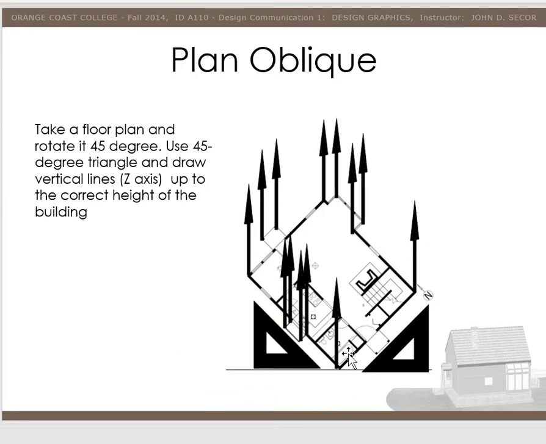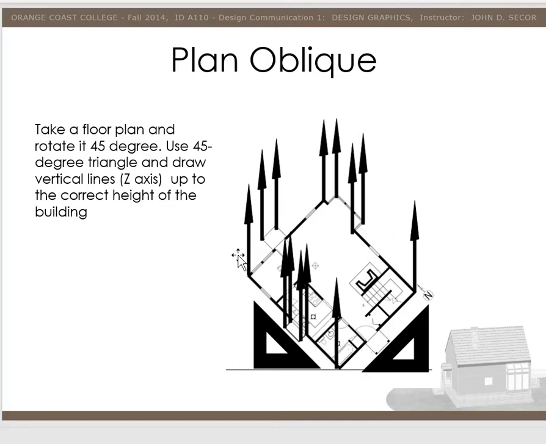So you would take the floor plan that we're using. This is the floor plan that we are using. And it was originally horizontal, and you tilt it with your 45-degree angle. In our case, we will be using a 45-degree triangle. Now, you can also tilt it using the 30-degree triangle and the 60-degree triangle. But in our case, we are going to use a 45-degree triangle. We will tilt